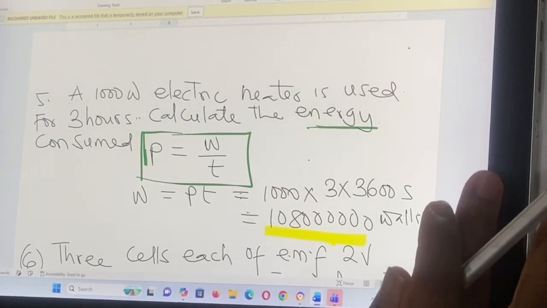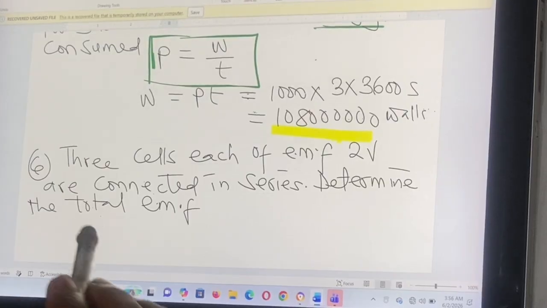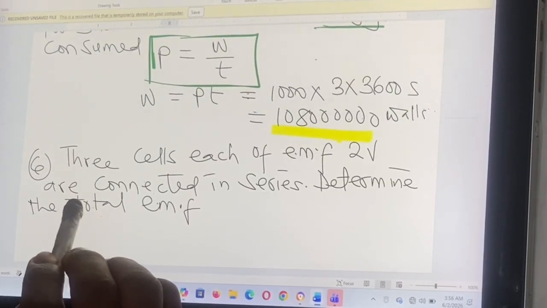Okay. Now the next here, we are asked to determine the total EMF in series. The total EMF in series is to add up the EMF. So the total EMF here, that is total EMF in series,